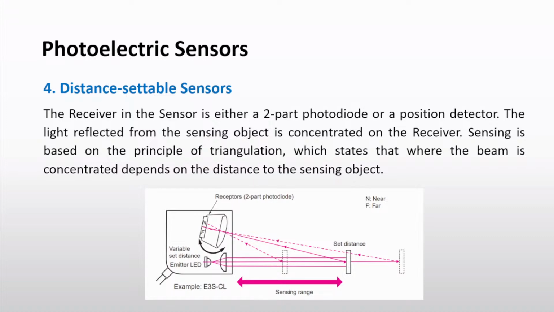So according to the position of the object within the sensing range, the receptor receives the light reflected from the object at various angles. You can see when the object is here,